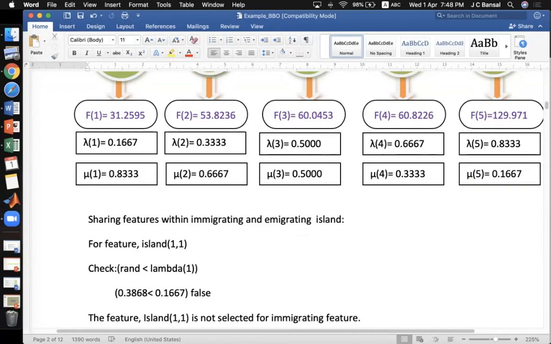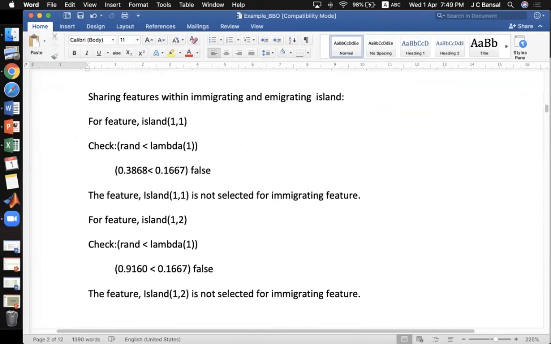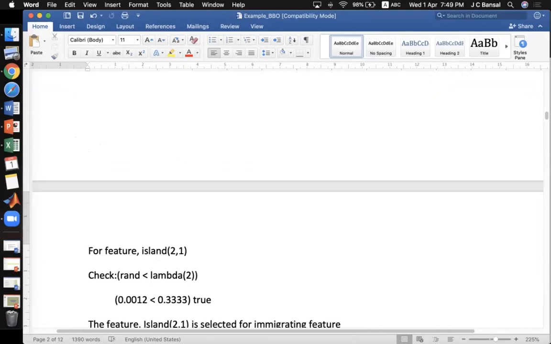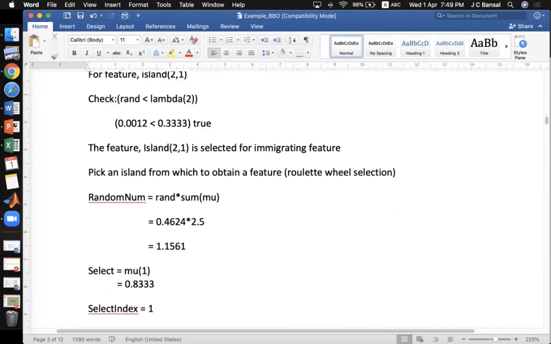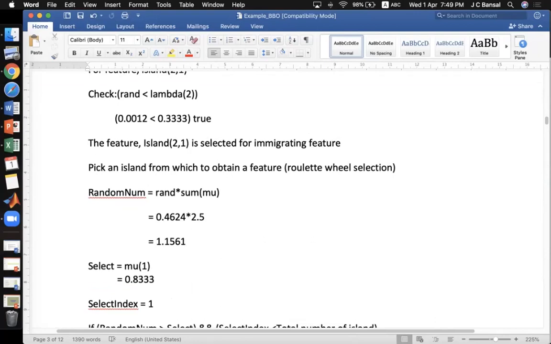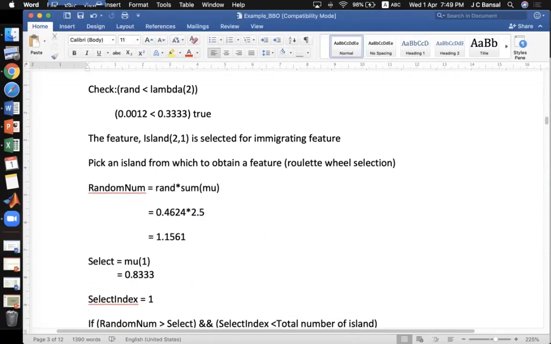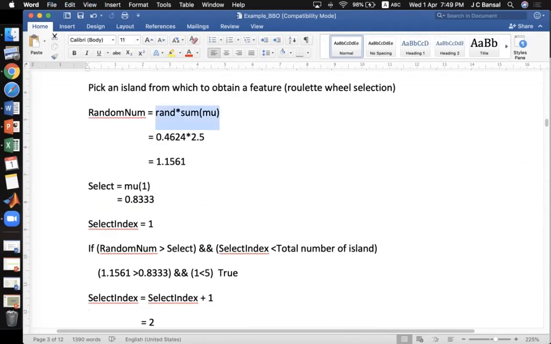Lambda sums to 5. And if I add all mu's, the sum will always be 2.5. So a random number between 0 and 1 multiplied by the sum of mu's: 0.4624 is the random number between 0 and 1, multiplied by 2.5, the sum of the mu's.